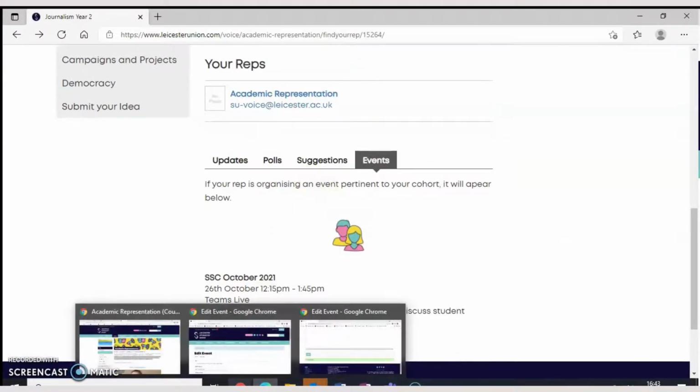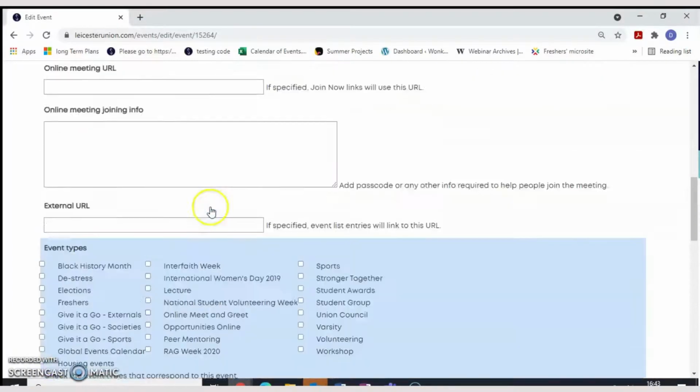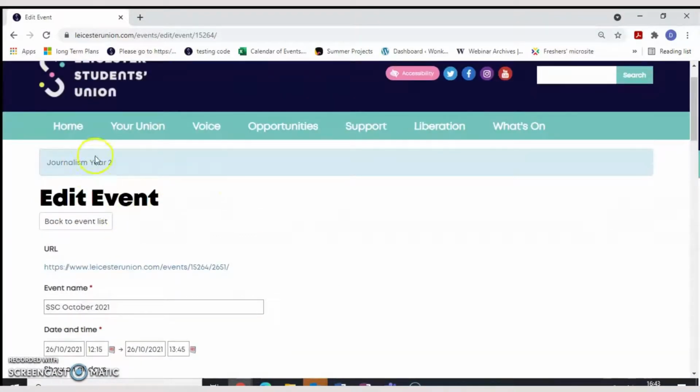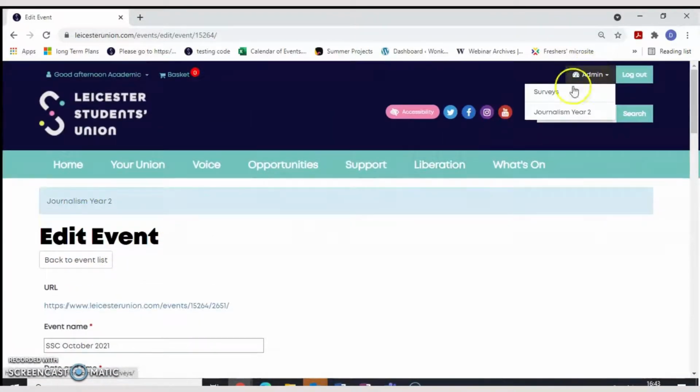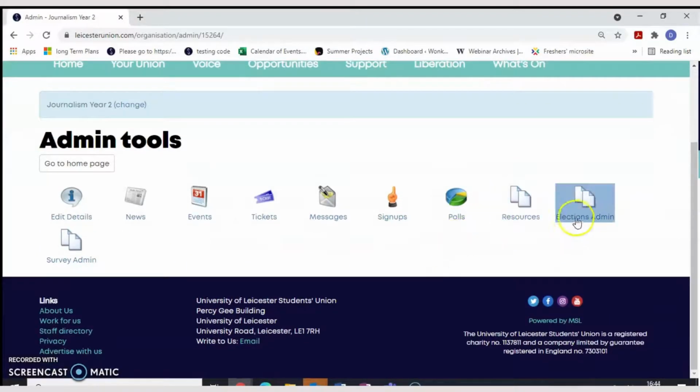So that would be how you would put an event taking place. And again, if we go into the admin section on your course, you should have polls, for which you received a video, messages, events, resources.